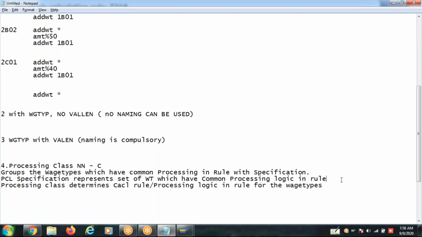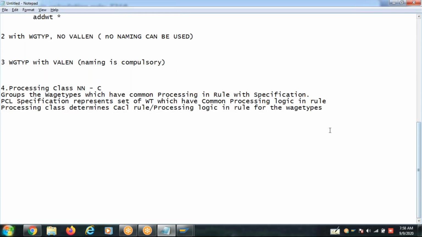So how does it work? How do we see it practically? The processing class is created in the V_T52D1 table in V_52D1.